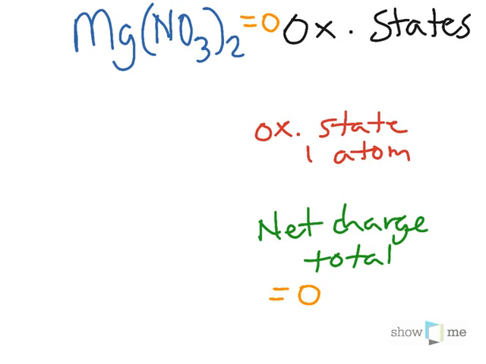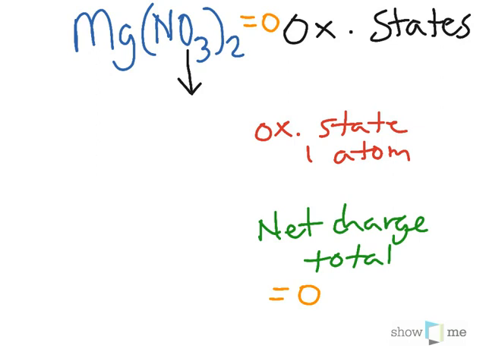Now, the way this works, you start by finding some elements that you know off the top of your head, or you can look at their position on a periodic table to tell what charge they would naturally have when they interact with these other atoms or ions. So for example, if you were to look up oxygen, oxide, this is something we should pretty much know all the time. Oxide is almost always